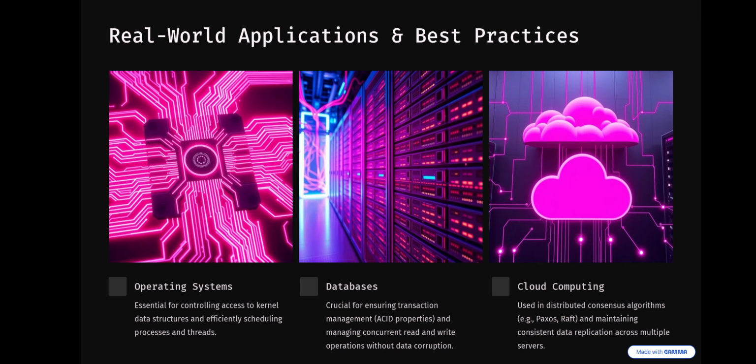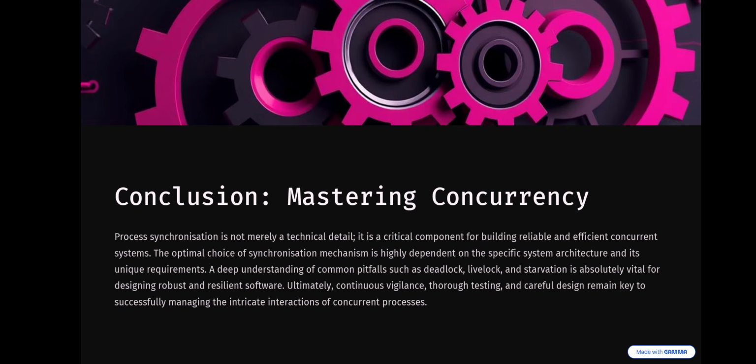Real world applications and best practices. Operating systems are essential for controlling access to kernel data structures and efficiently scheduling processes. Databases are also crucial for ensuring transaction management, ACID properties, and managing concurrent read and write operations without data corruption. Cloud computing can also